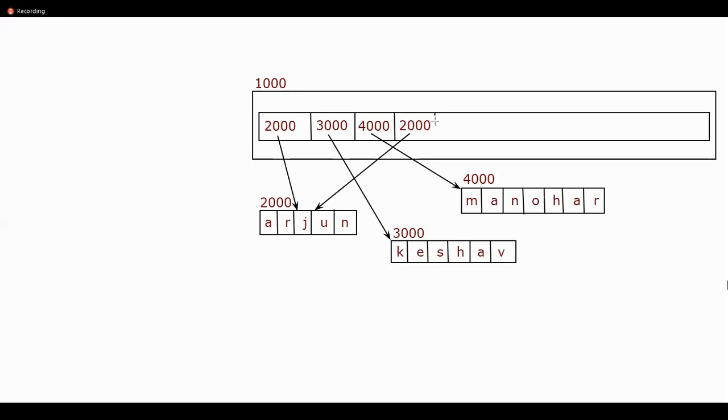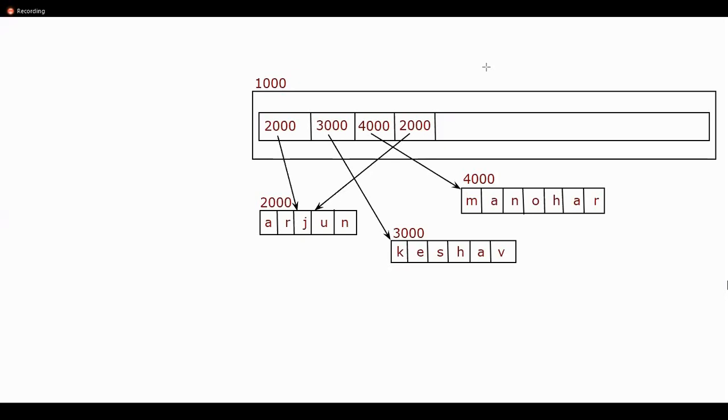Okay sir, Arjun's data is stored, but next we have Keshav's data again, because that is what I have stored in my list: Arjun, Keshav, Manohar, Arjun, and again Keshav. Tell me, if you have really understood till this point, will a new object called Keshav be allocated on the heap segment? 100% it would not be allocated, because your PVM is one of the smartest software in Python and would never afford to waste memory on your RAM. Hence, it would first scan whether a string object called Keshav is already present on my heap segment. Yes, boss, it is present.